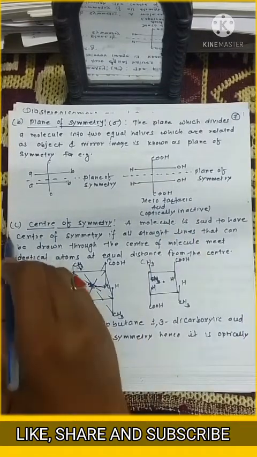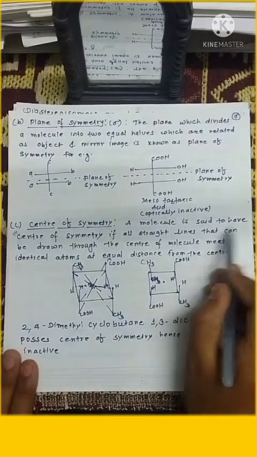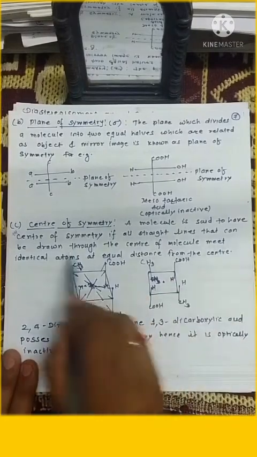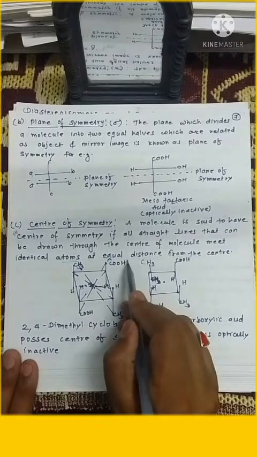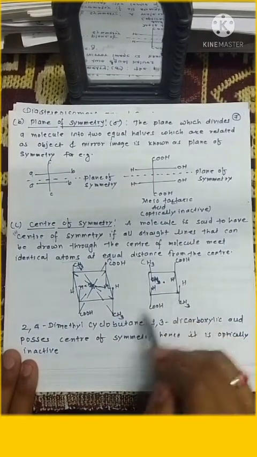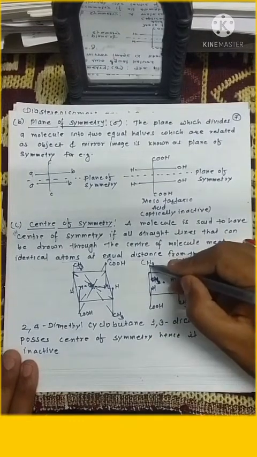Now we are going to discuss center of symmetry in detail. A molecule is said to have center of symmetry if all straight lines that can be drawn through the center of molecule meet identical atoms at equal distance from the center. Just see this example. This is the center of a molecule. If we draw a line from here,